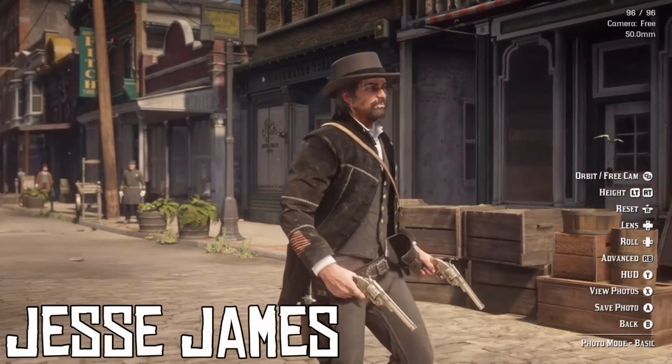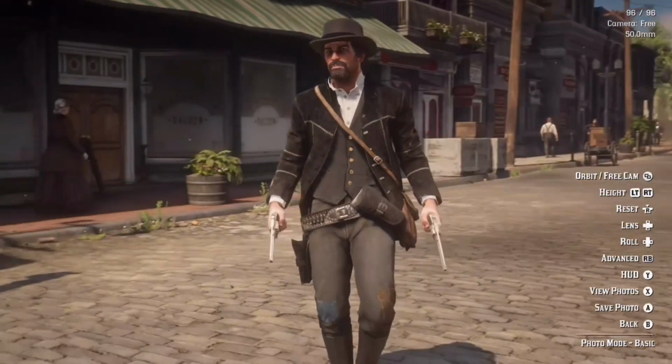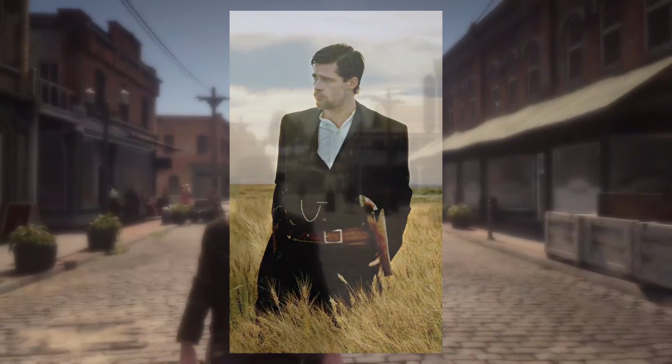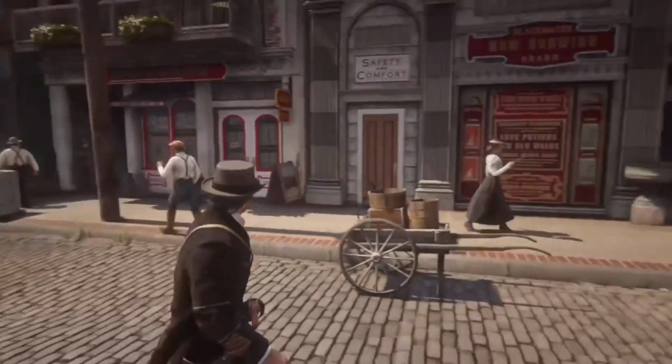Next up is another remaster of a previous outfit. This time it's my Jesse James look. This one is one of my favorites I've ever done, as I think it perfectly captures Brad Pitt's look in the 2007 film. It's so minimalist and sleek, encapsulating that mythic, charismatic gunslinger, but also so rugged and worn, revealing